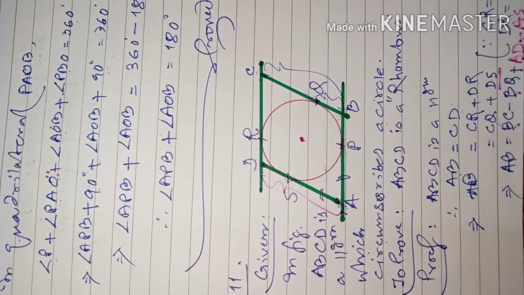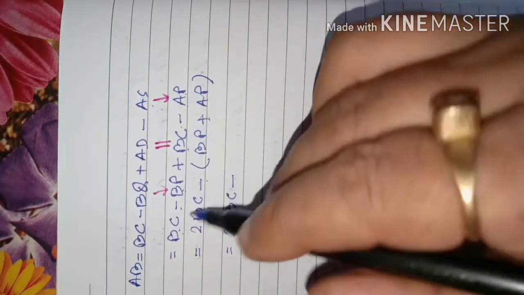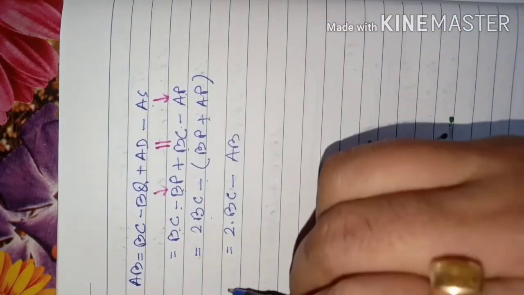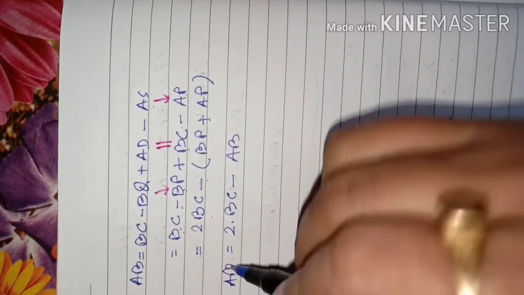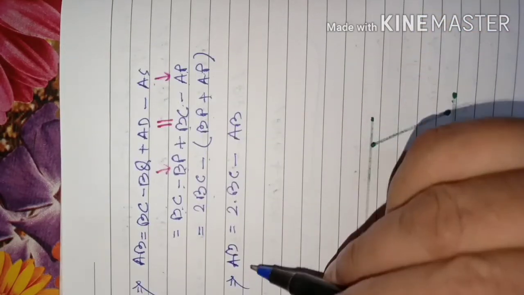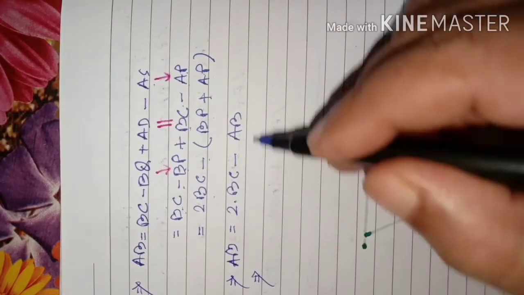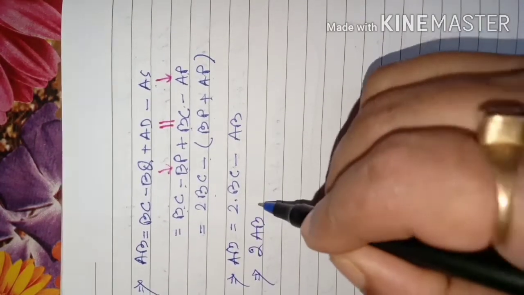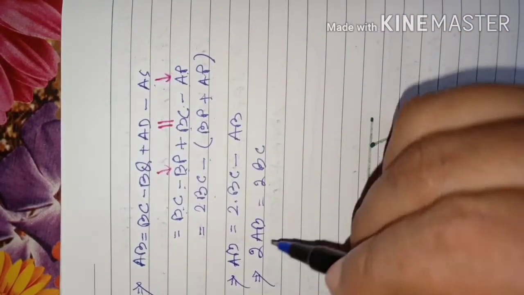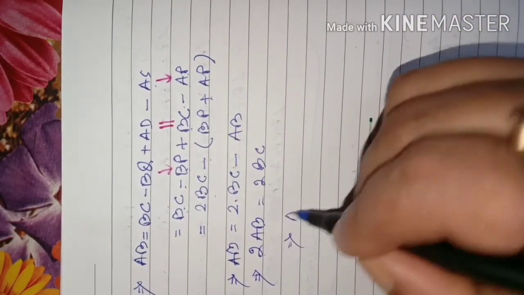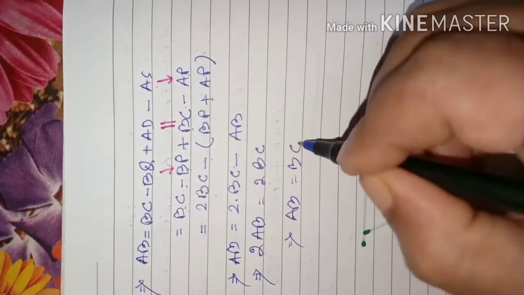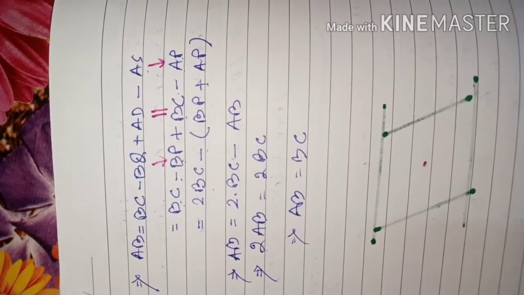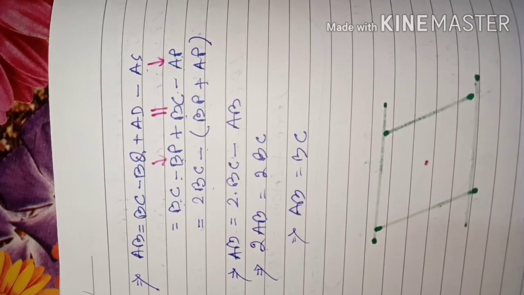So here twice BC, and this BP plus AP is another AB. And our left hand side must not be forgotten. What was that left hand side? AB. Now this AB also you transpose to the left hand side. Then this AB plus this AB will be twice AB. You understand now? Twice AB equals twice BC. Then 2 cancels from here. So we will get here AB equals BC. So what are you getting? AB equals BC. Just look at the diagram. In parallelogram, AB equals BC.